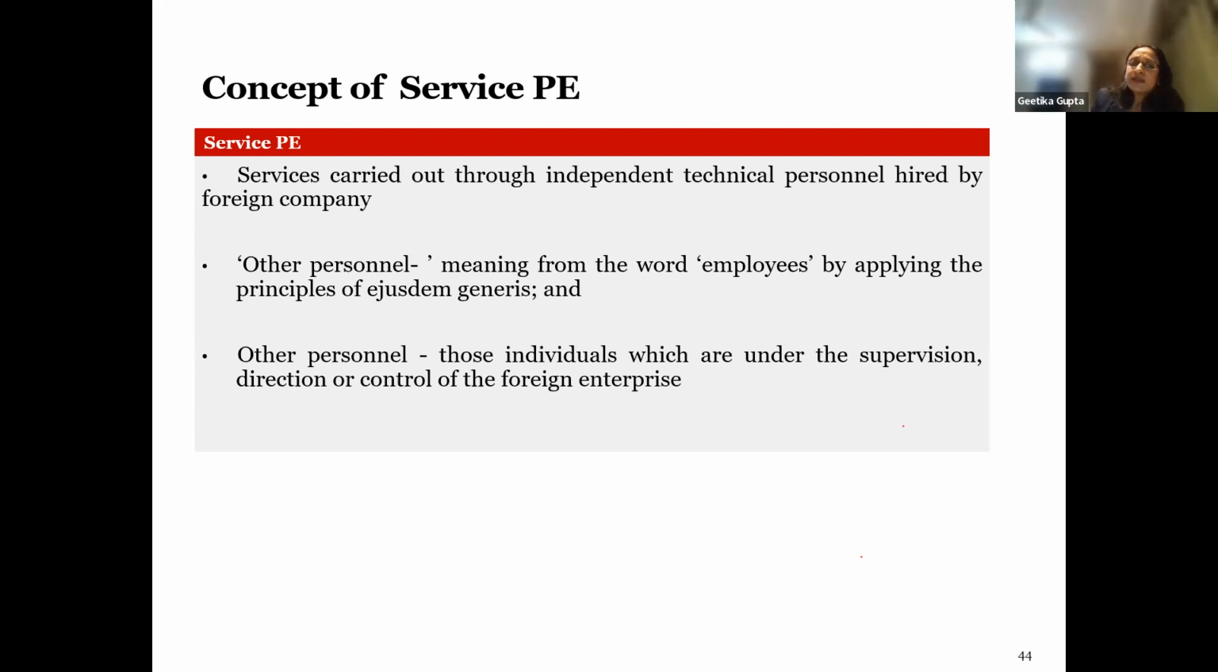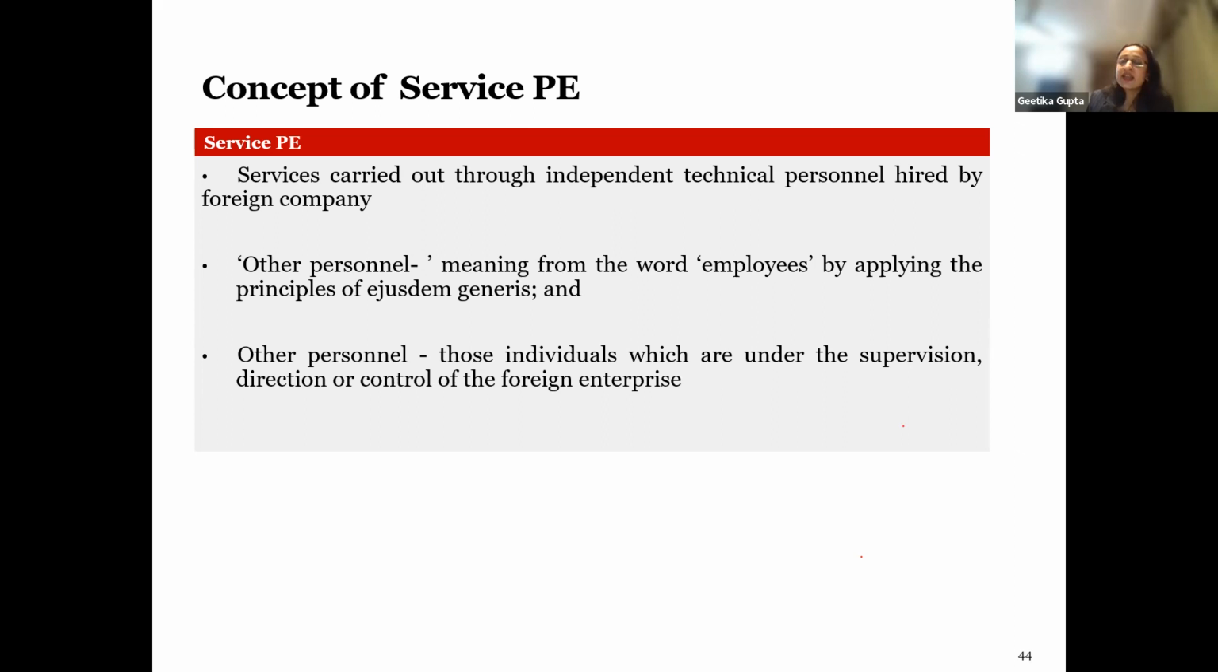The third question that normally comes is, if the services are rendered by the foreign company through its employees, then it's clear that service fee will be there. But the treaty also talks about services rendered through employees or other personnel. Then what does this term other personnel mean? There are various rulings by the ITAT on this, wherein it has been held that the meaning is to be seen in relation to the word employees by applying the principle of ejusdem generis. Therefore, other personnel will cover those individuals who are under the supervision, direction, or control of the